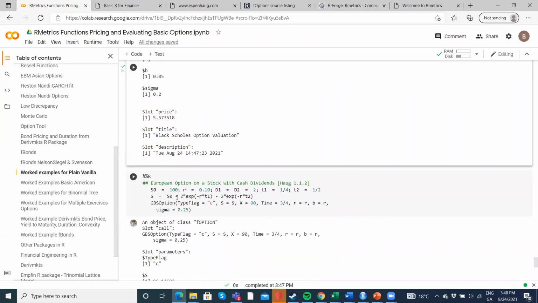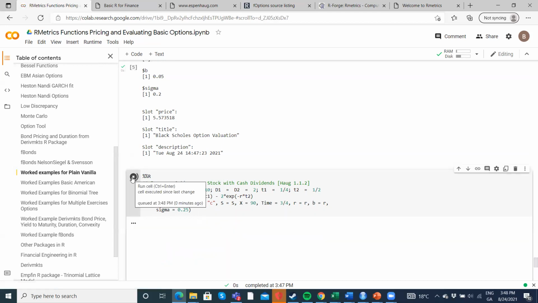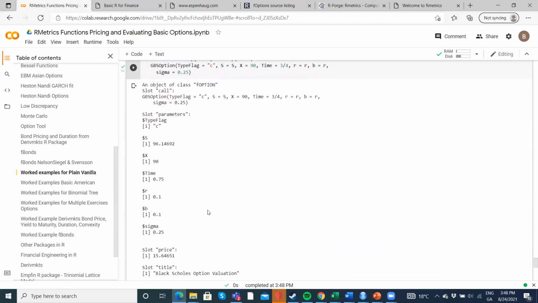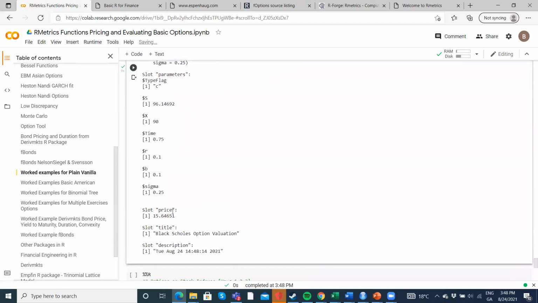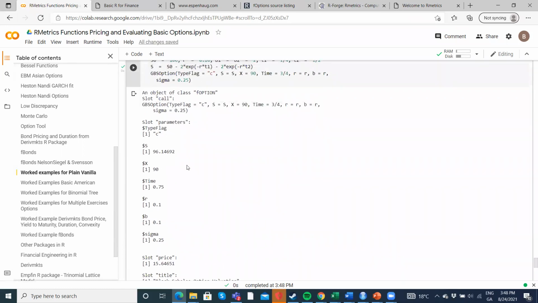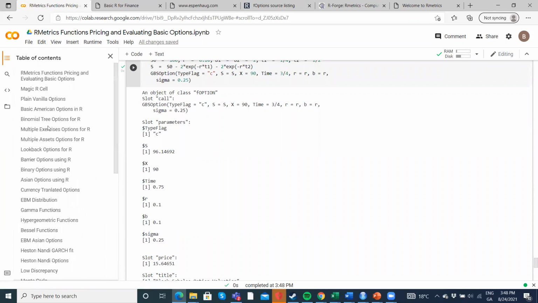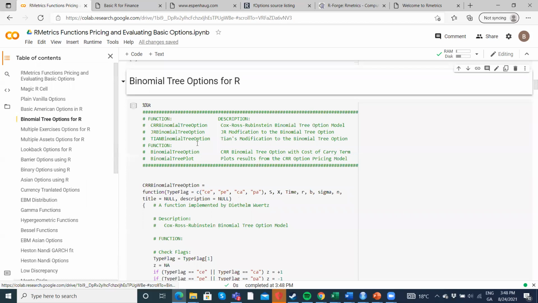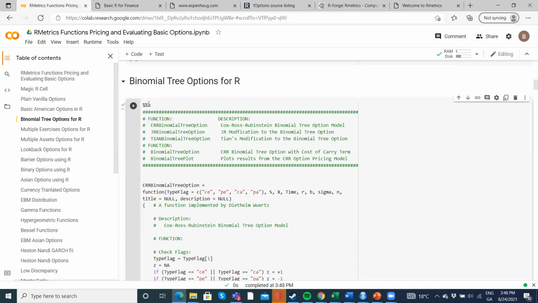We can put in, again, the GBS function and set out the range of values we have here. There is a cash dividend, and that produces an option price, and it's for a call. Okay, so I've done that for a few of them. Now if I wanted, for instance, to run estimations in the binomial model, I just go to the section here. The Cox, Ross, Rubinstein, Jarrow-Rudd, and Tian models are available here. If I run the snippet of code, we must prefix the percentage R